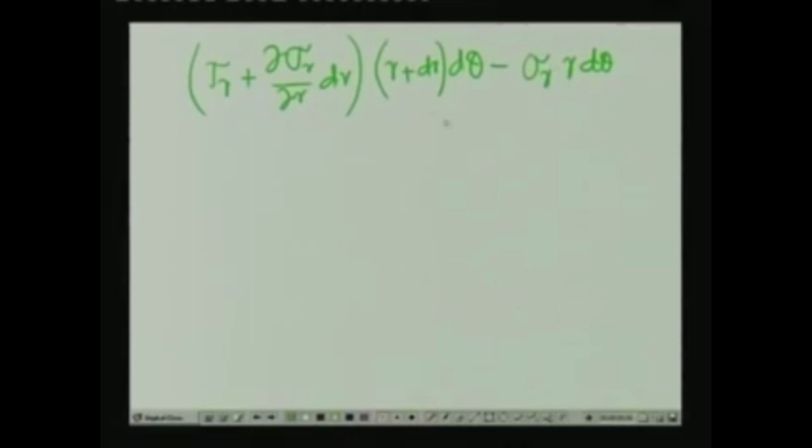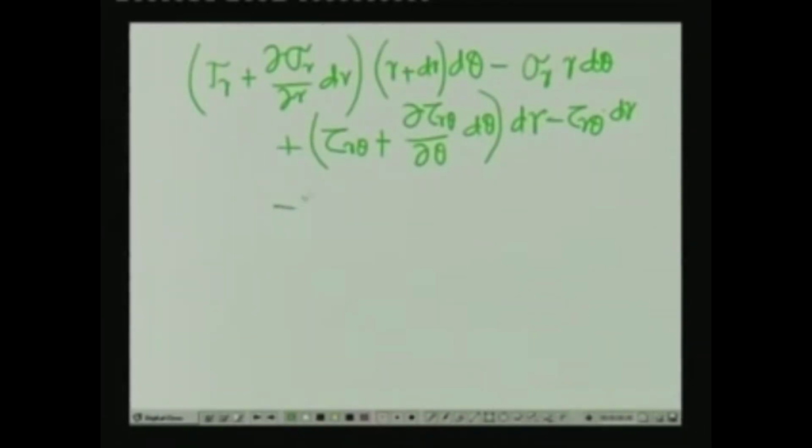Then the shearing forces which are acting in the theta plane are plus tau r theta plus del tau r theta del theta acting over the length d theta, and the area is dr, minus tau r theta over the area dr times 1,